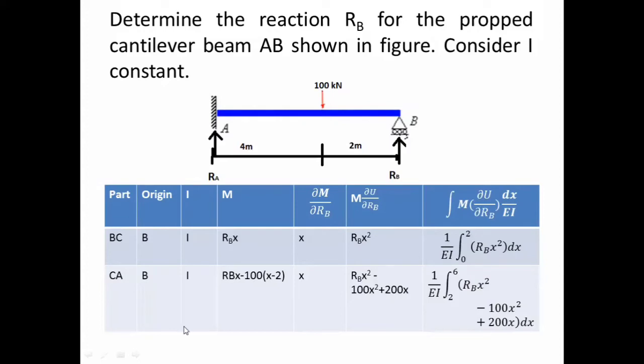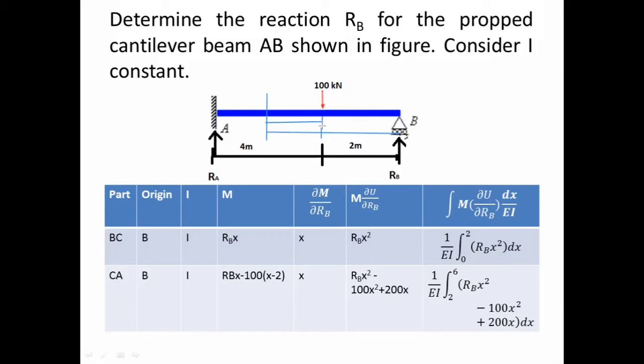Similarly, how have I taken these values? Here again I have considered one section at a distance x for part CA. Okay, part CA. My origin is again from here. I have not changed the origin. Up to this I know this is 2 meter. So how much is this remaining distance? Total from support up to this section is x. So from this x I am going to subtract 2. So I will get this distance. This is x minus 2.